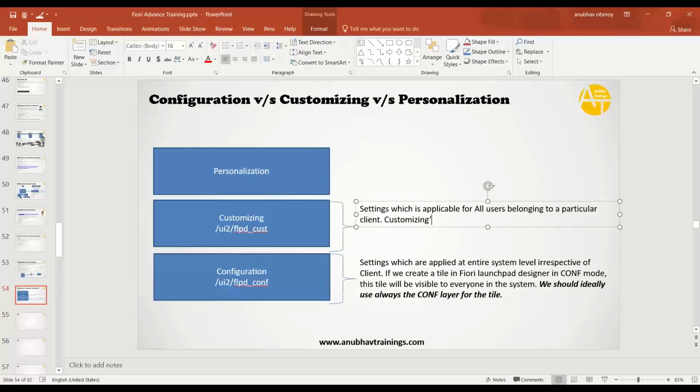Customizings are always client specific, which means you have to log into that client first and then run this T code and then do the changes. It will run only in that client. So suppose